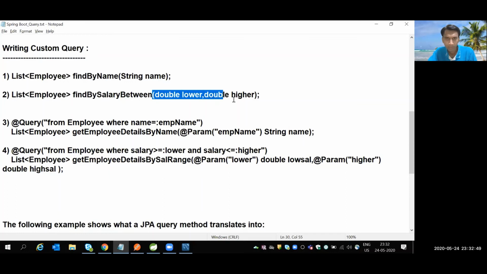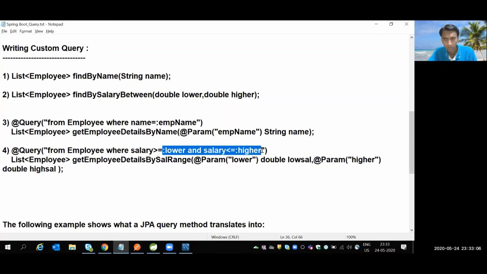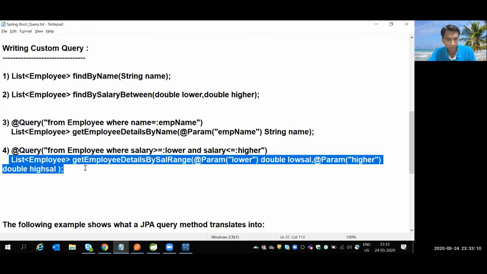For this purpose, I require two parameters. So I'm creating the method List<Employee> getEmployeeDetailsBySalaryRange with @Param, two parameters, and I'm passing the same dynamically to the query, :lower and :higher. So let me add this query now.